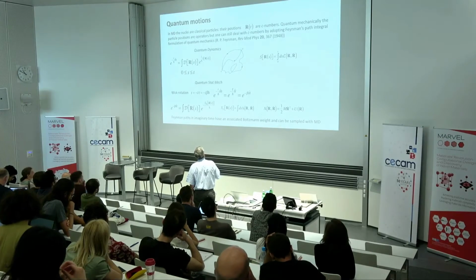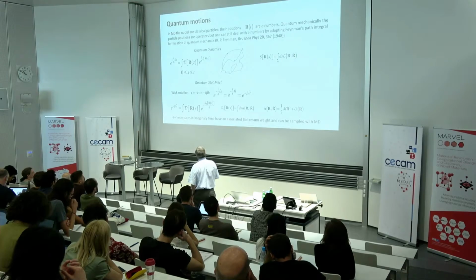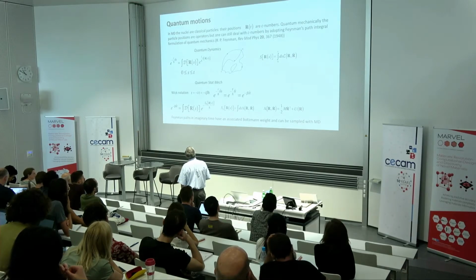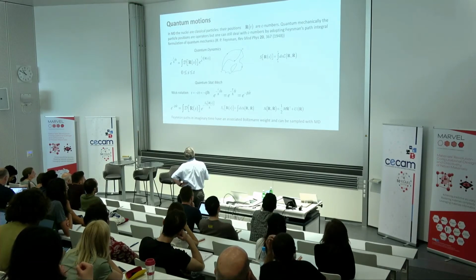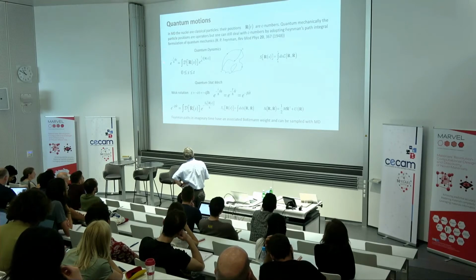That is what allows us to propagate them in time. So we would like to have C numbers to be able to compute properties with the machinery that I've described. And Feynman, in these famous papers of 1948, just showed that one can represent